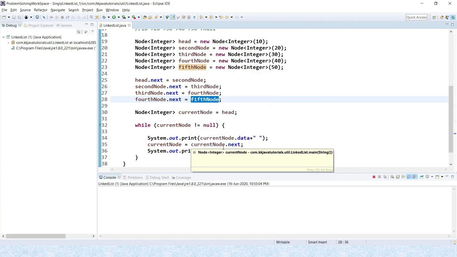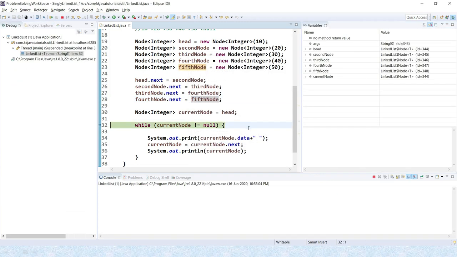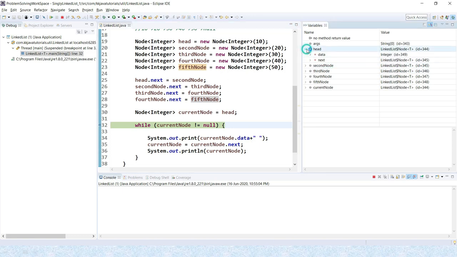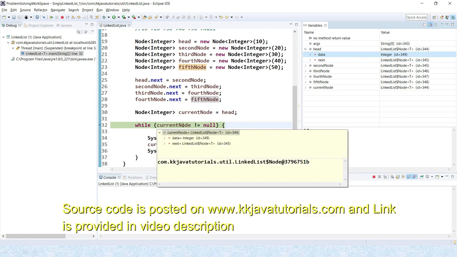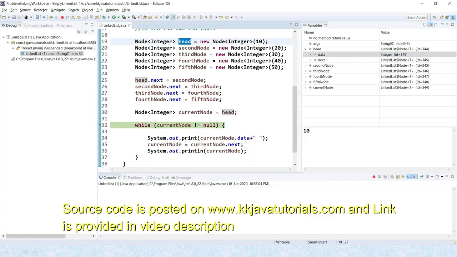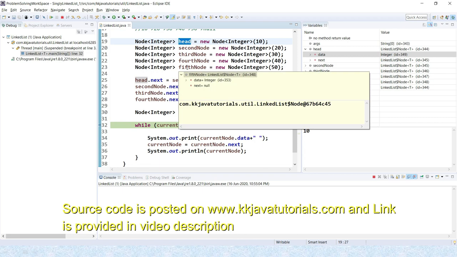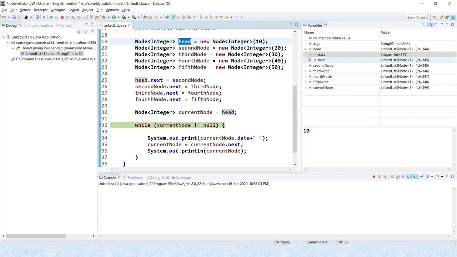And I'm going to run in the debug mode. Now let's run in debug mode, and here you can see the head node contains the data as 10, right? The head is basically holding the entire linked list. That's the thing, right? Here we start from head.next, then second.next, then third. So head is holding your entire linked list. So head data is 10, you can see over here, right?